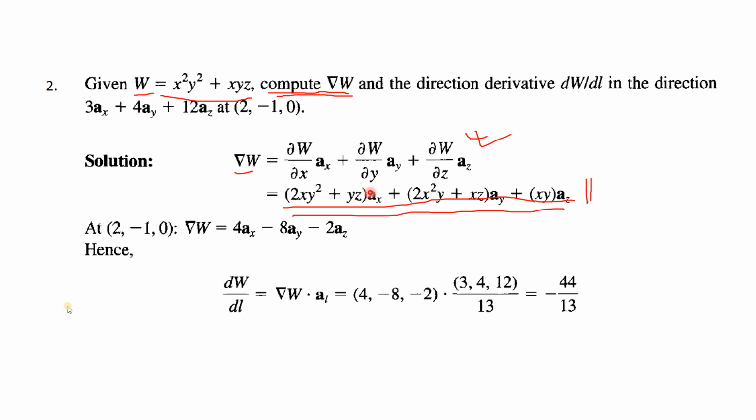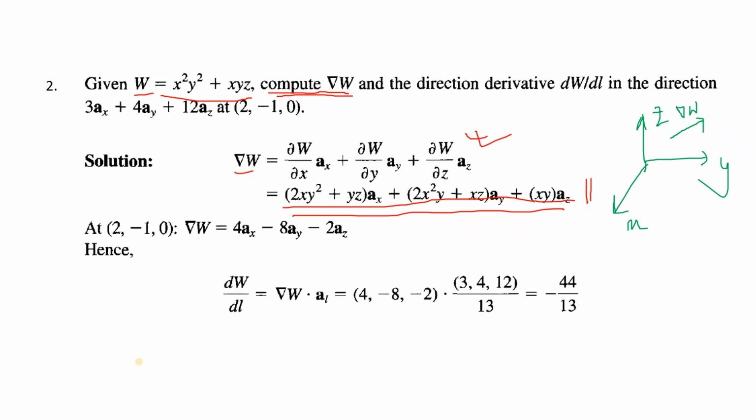When W was first a scalar, and we took its gradient, it became a vector, because it has unit vectors x y z. Once it has unit vectors, it is a vector. So if you plot this on an x y z plane in the Cartesian coordinate system, you will see that there is a vector like this. It is the gradient of W. It is a vector. Very good.